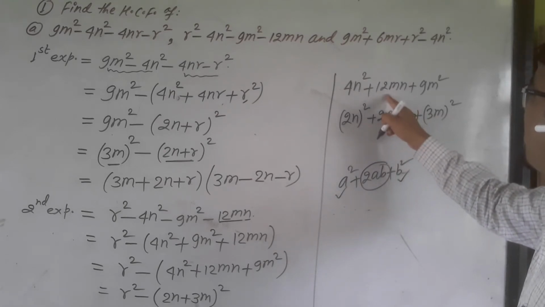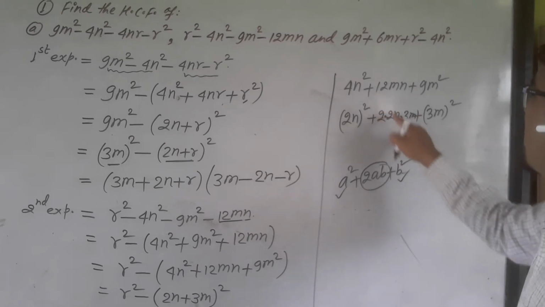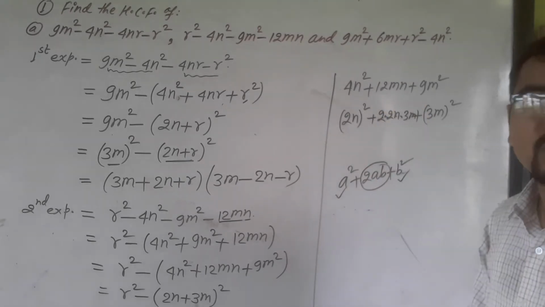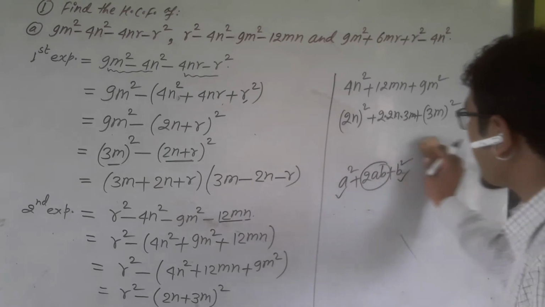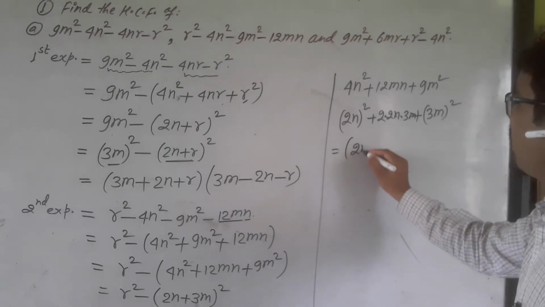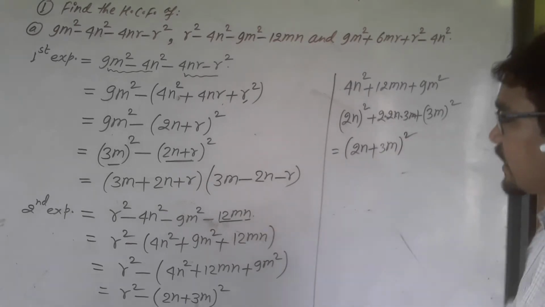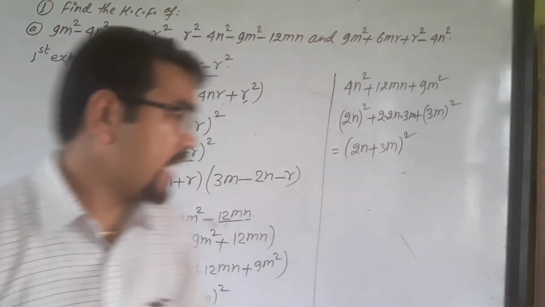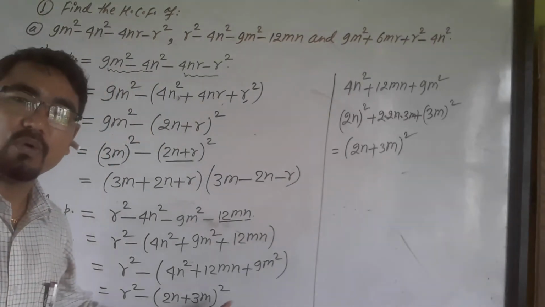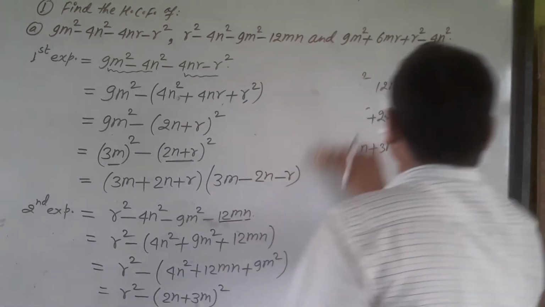Look here. This multiplied, 12mn comes out: 2 multiplied by 3 is 6, 6 times 2 is 12, m into n. So it is a perfect square. So we can write this as a plus b whole square, that is 2n plus 3m whole square. If you practice, then you will be able to write directly like this, a plus b whole square. Okay, so after this,